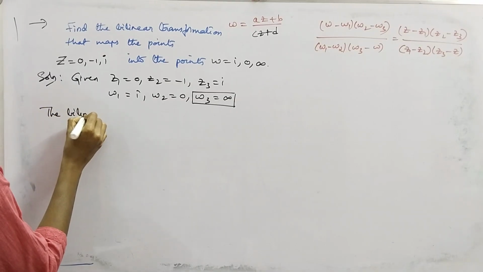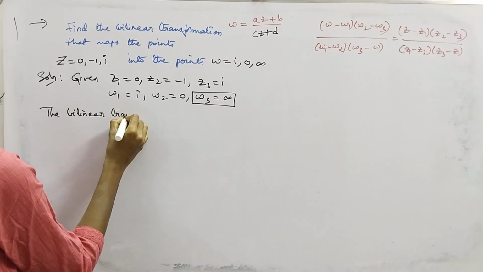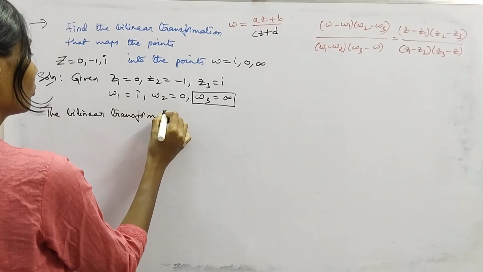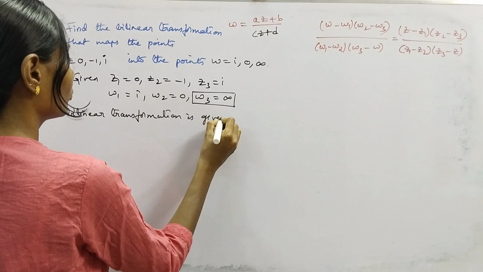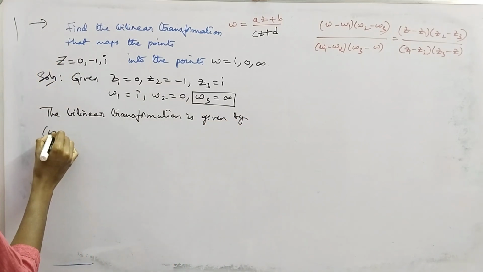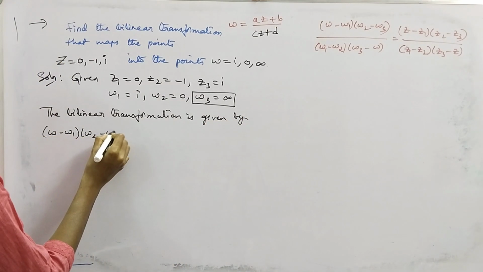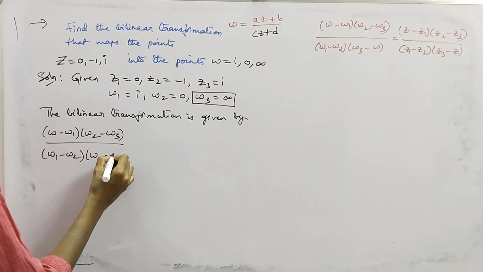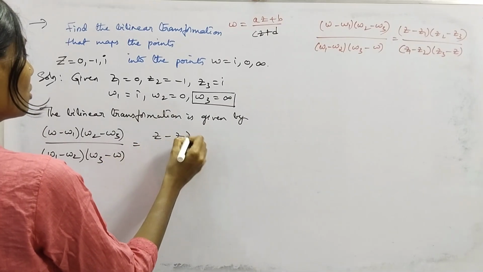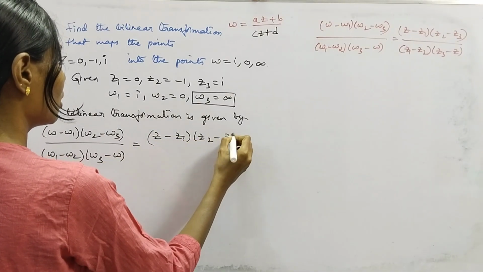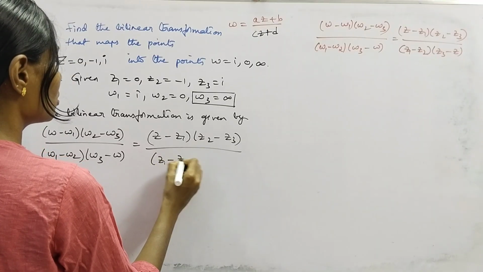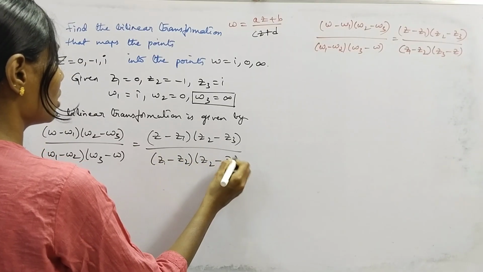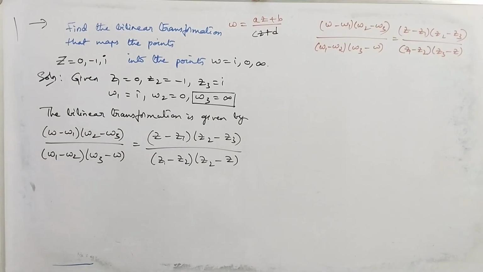The bilinear transformation is given by (ω − ω1)(ω2 − ω3) by (ω1 − ω2)(ω3 − ω) equal to (z − z1)(z2 − z3) by (z1 − z2)(z3 − z). So you'll write the same pattern for ω and z. Okay, don't change the pattern. Fine. Now, since ω3 equal to infinity,